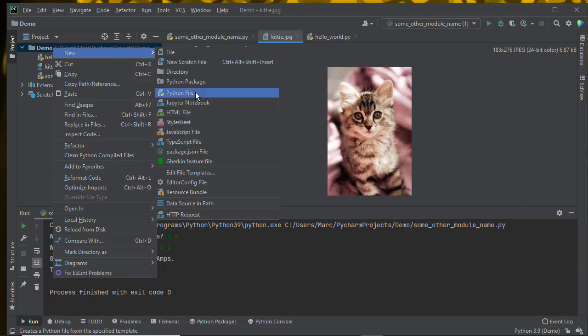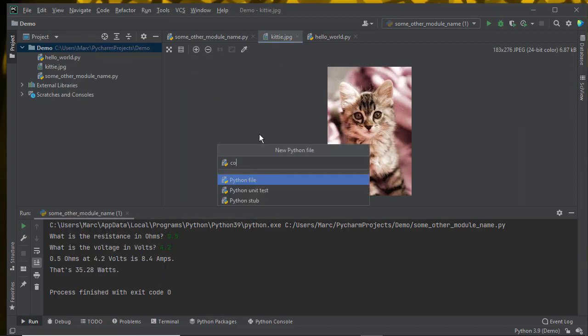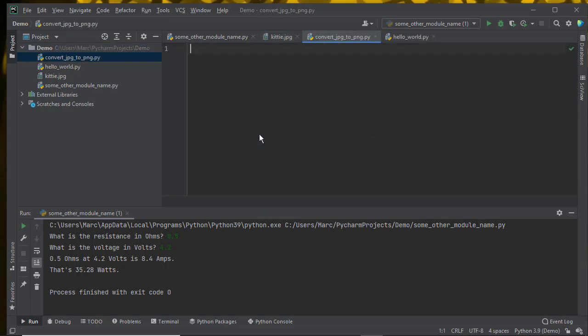So let's go ahead and make a new Python file. And I'm going to call this convert JPEG or JPG to PNG. And the thing that makes this program so short and easy to write is the Python image manipulation library, PIL. So I can from PIL import an image class, and then when I have that image class, my program is just basically 2 lines of code from there. So image is equal to image.open, and then I give it the name of the file,